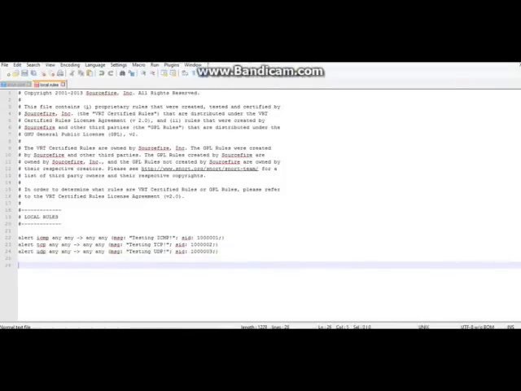Right below, I'm going to add this rule: alert tcp $EXTERNAL_NET any -> $HOME_NET any, displaying this message. It says TCP port scan